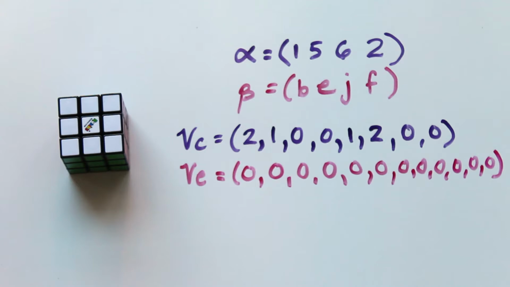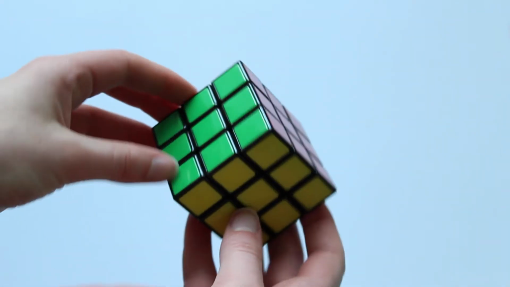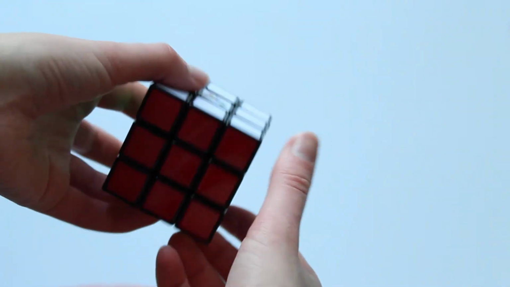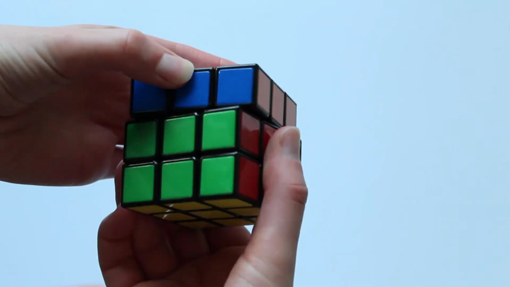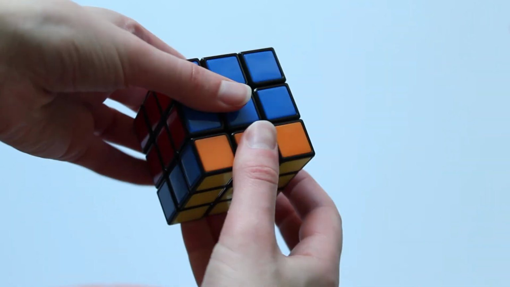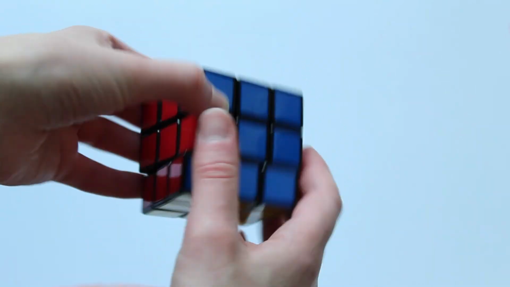Now, see that we have 4 pieces of information: alpha, beta, VC, and VE. All together, these completely define the arrangement of the cube. Finally, we have all of the information we need to figure out what makes an arrangement possible or impossible on the Rubik's Cube. We know that all arrangements of the cube can be achieved by performing the 6 face twists